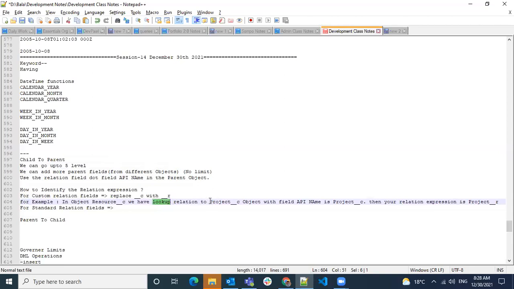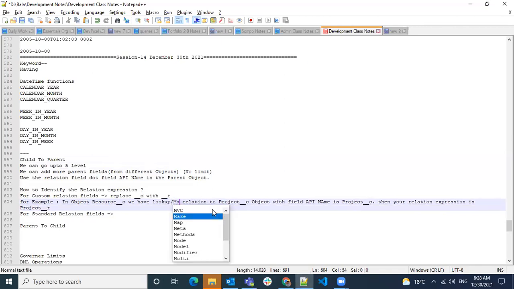Whatever the field you are having, that field name has to be replaced from underscore C with underscore R. So you only need to look for lookup and master relation fields. So I'll say here master relation. It could be any relation.